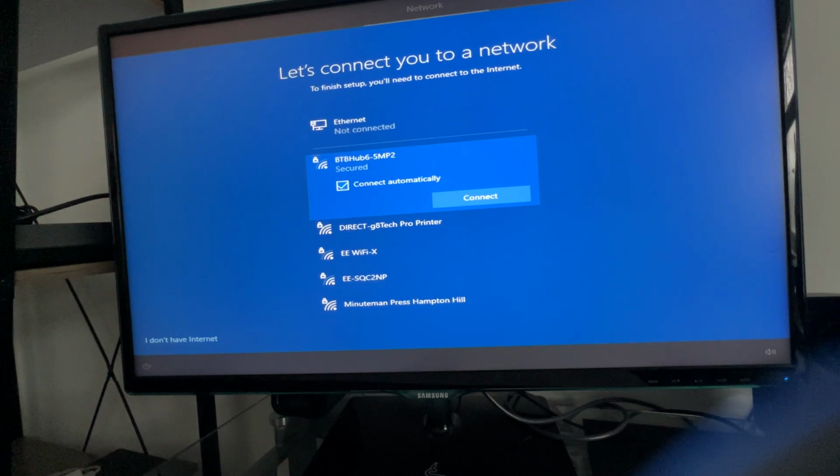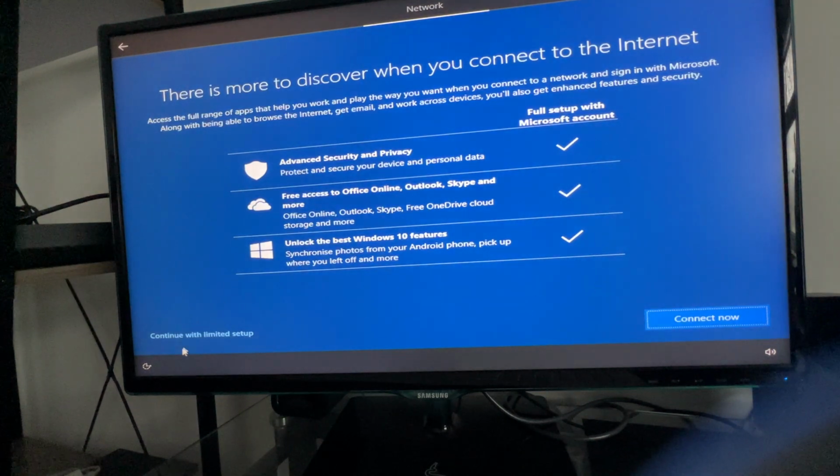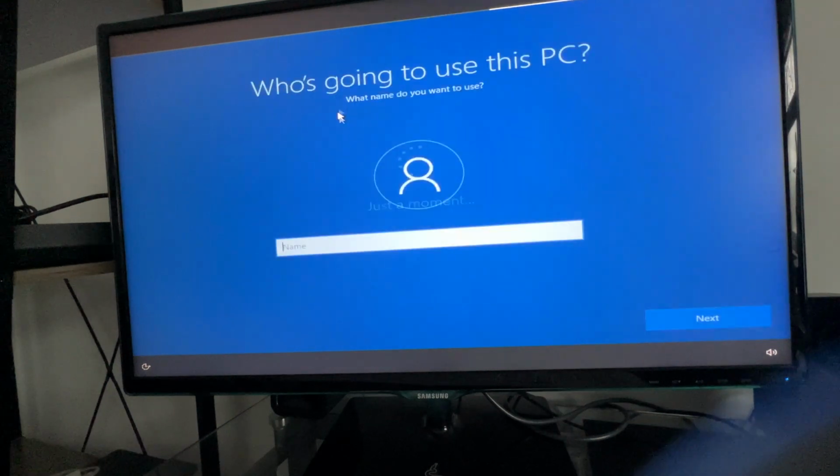Right, so in these sections you need to choose I don't have internet, otherwise it will ask you to enter your email address, confirm it or stuff like that. So just don't forget, choose I don't have internet and just continue with limited setup, and then we can have a local account. For example, I just do it like